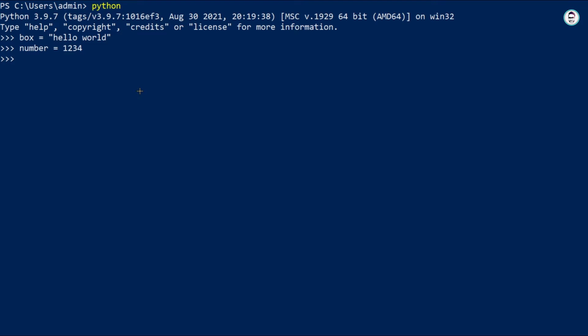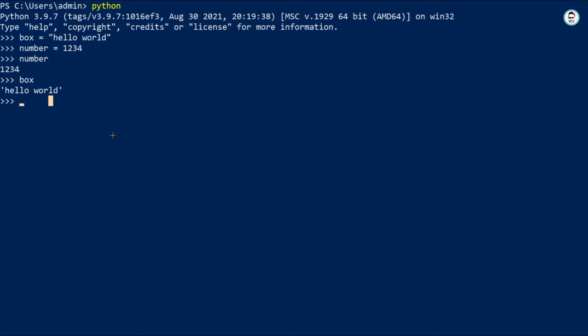So now when you call the variable, it will print the associated value, like number is 1234. And when you call the other variable, it will print hello world. Here hello world is a string and 1234 is a number.